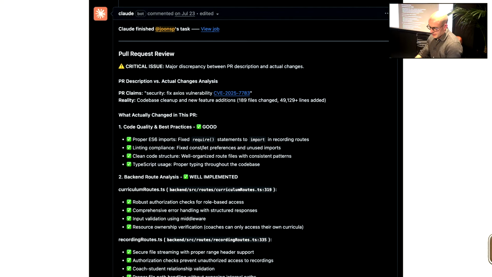There's another example. That same bot will automatically do reviews on all your pull requests. You can of course configure it to not do those, or do them only in certain situations and so forth.